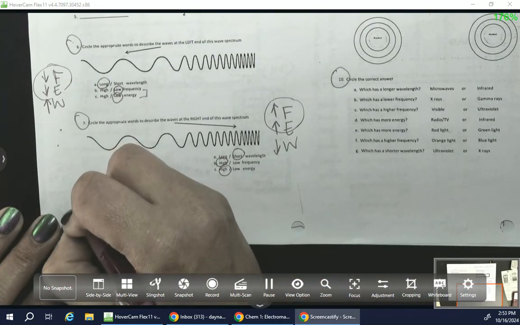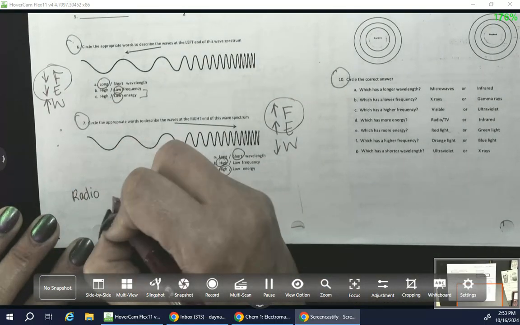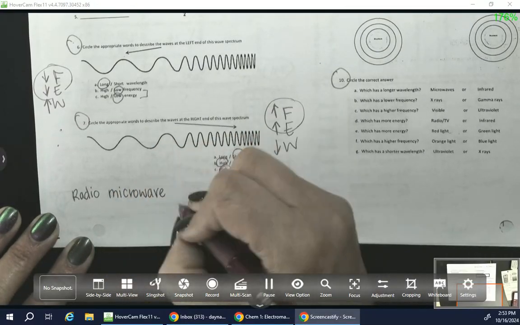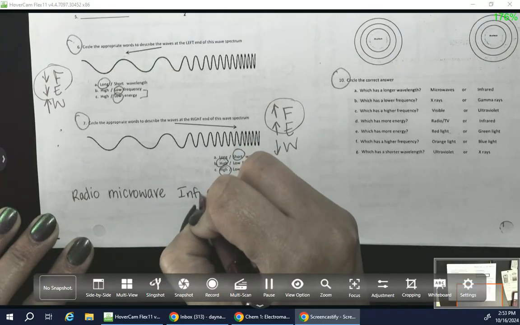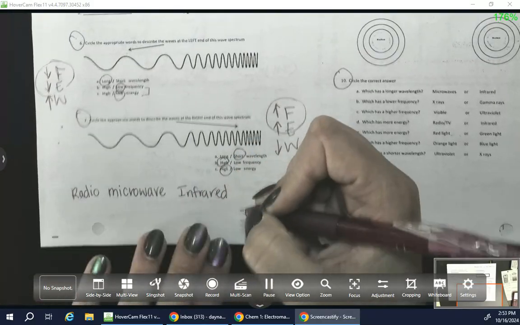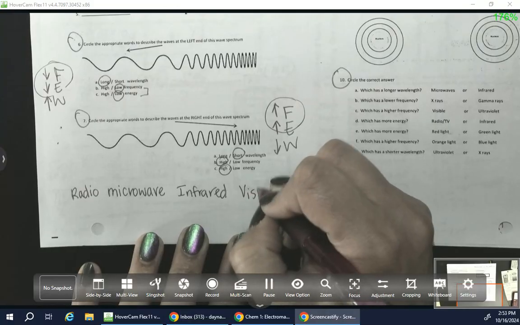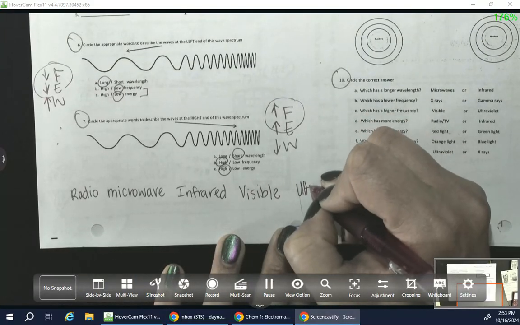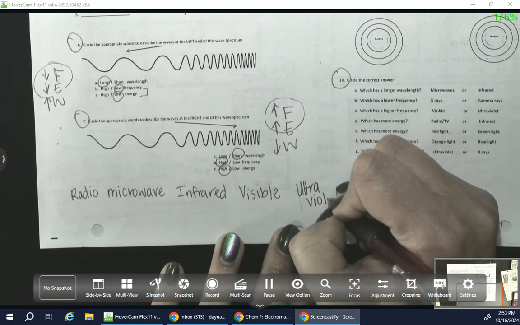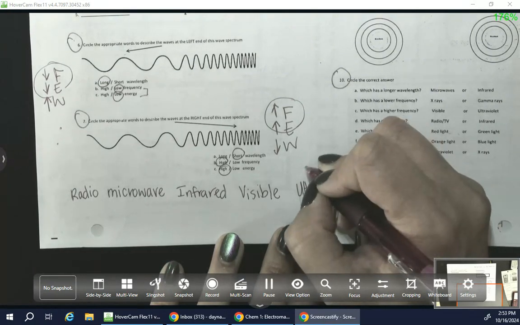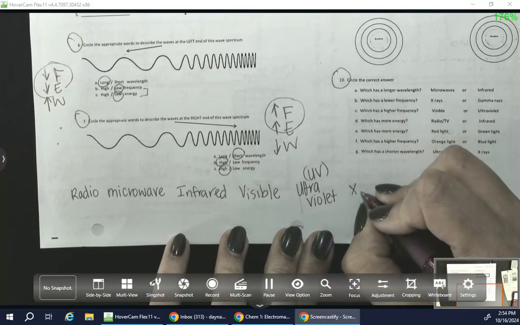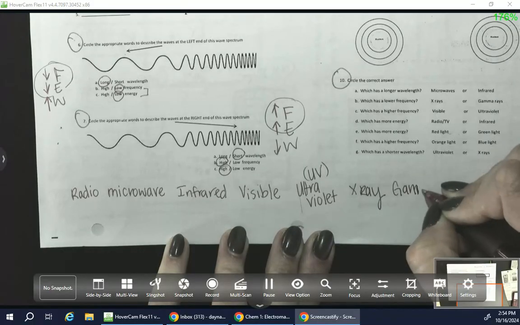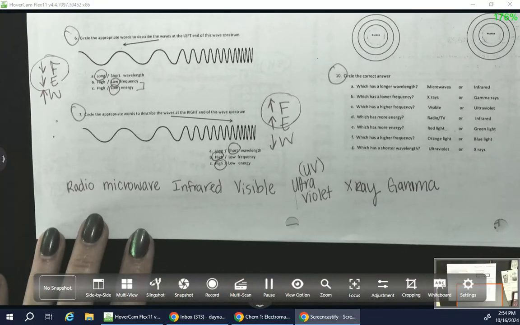So we're going to start with radio. Then we're going to say microwave. Then I'm going to say infrared. Then visible. Then ultraviolet, or UV, right? And then X-ray. And finally, gamma. Okay? All right, so